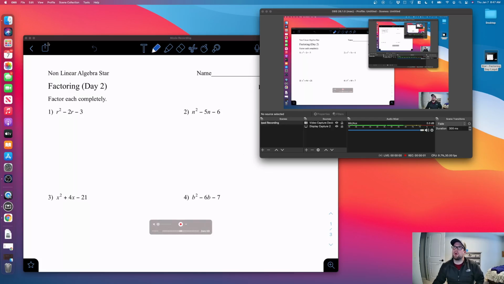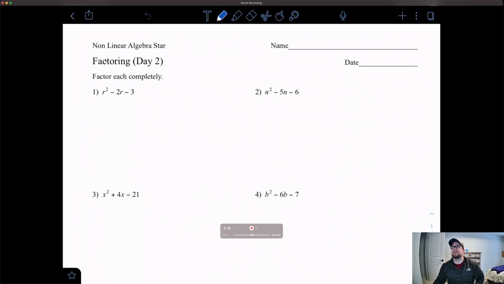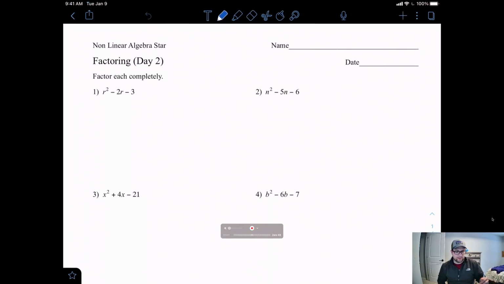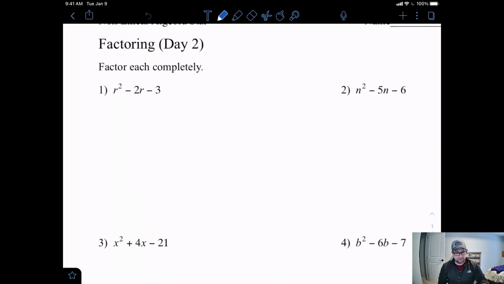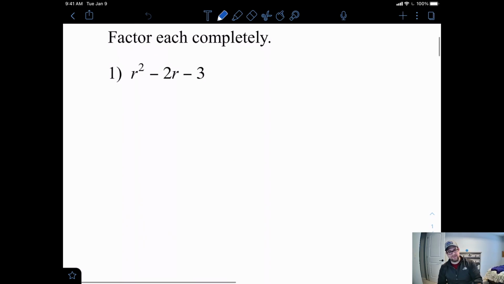All right, everybody, welcome back to our second day of factoring. So, yesterday we kind of started it. Today we're going to keep going, building on that a little bit. So, yesterday what we learned is that if we are being asked to factor something, the place we want to start